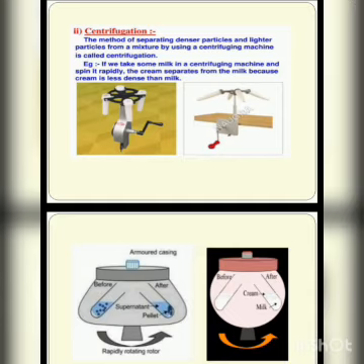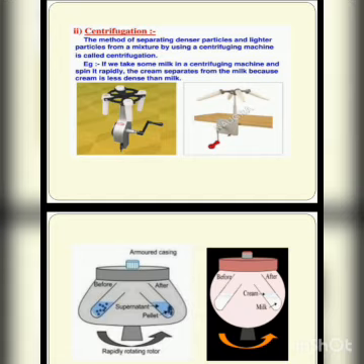What is the use of centrifugation? We use it in the dairy for separating cream from milk. It also separates butter from buttermilk. So this is about centrifugation. Centrifugation is also used in the case of blood. We can separate the different types of blood cells present in our blood.